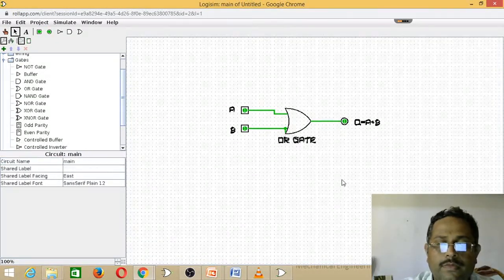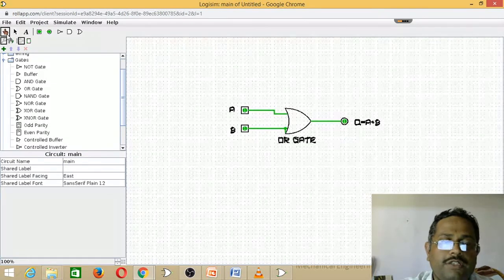Target, then simulate by clicking on the poke tool.